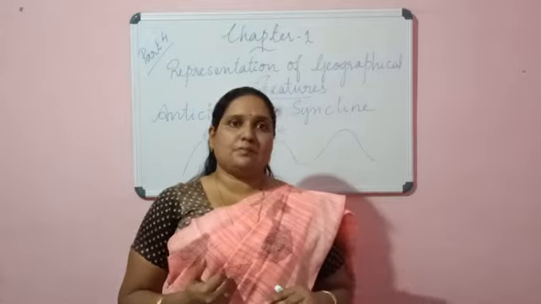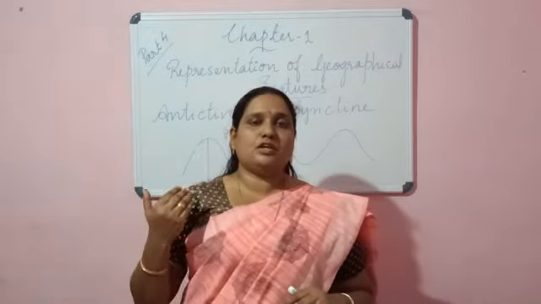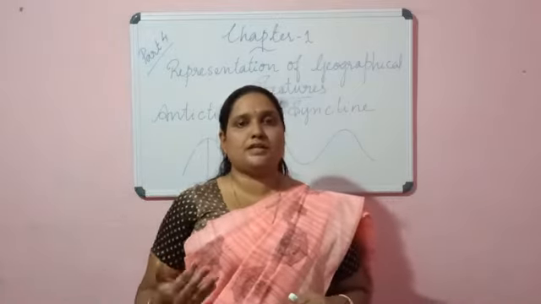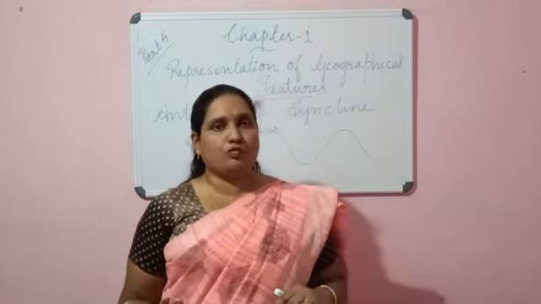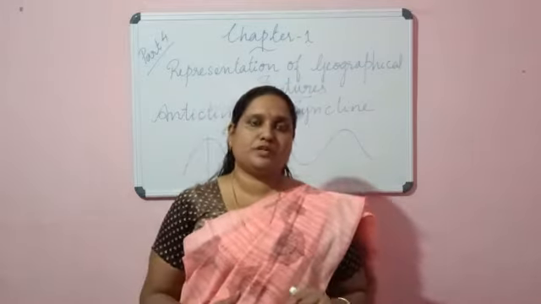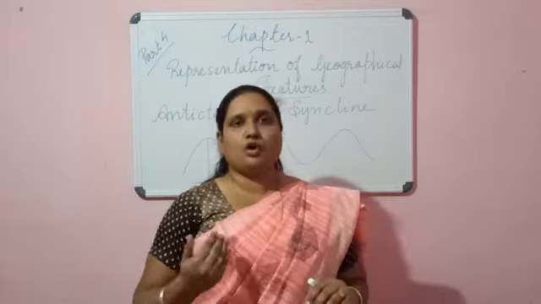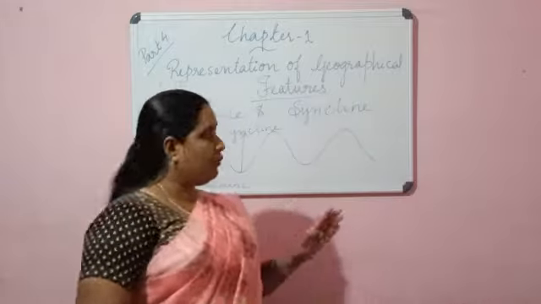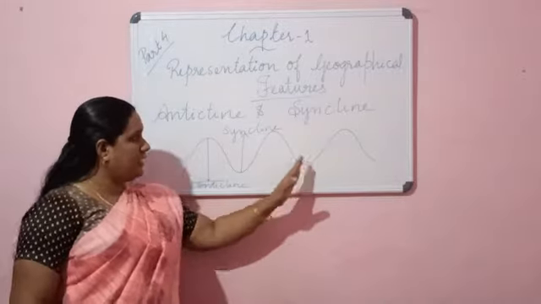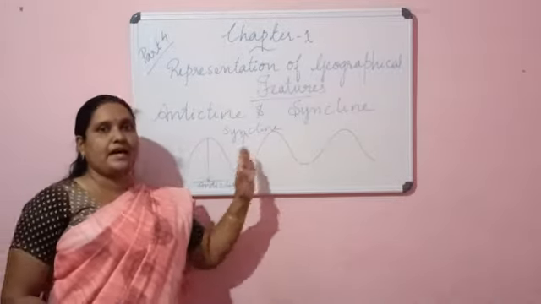In this part of our chapter, we are going to study some other geographical features which we can see, that is mountains. There are different types of mountains. Young fold mountains are categorized into two, young fold and old fold mountains. Then block mountains are there. When we study these mountains, we can see a wave-like feature. You can see it here, and we call it anticline and syncline.